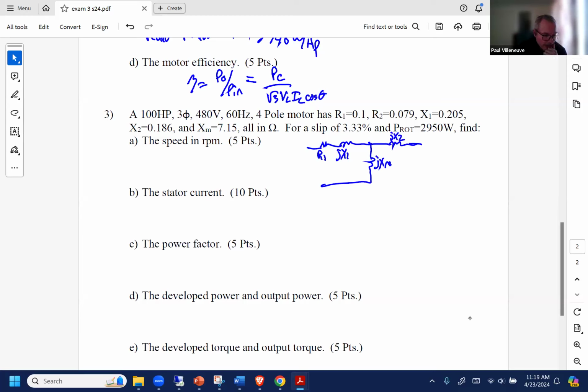Then it just depends on how you want to do this. I always find it to be useful to break these terms up. This is R2, and this is R2 times (1 minus S) over S. But recognizing that the combination of these two is simply R2 over S, right? Because it does simplify your equation. Okay, so the first part of the problem is,